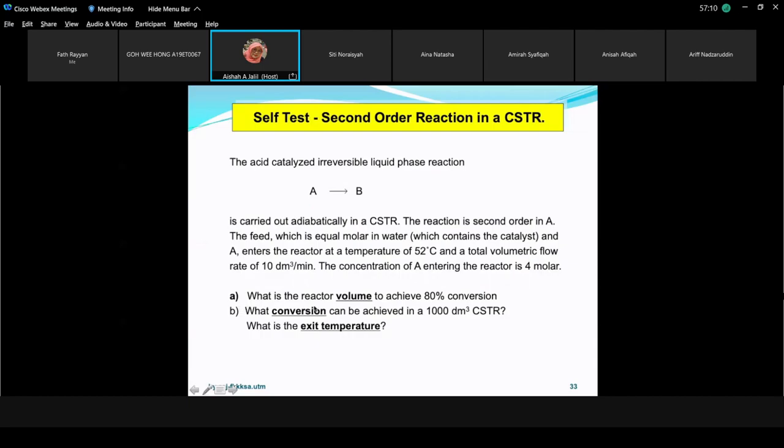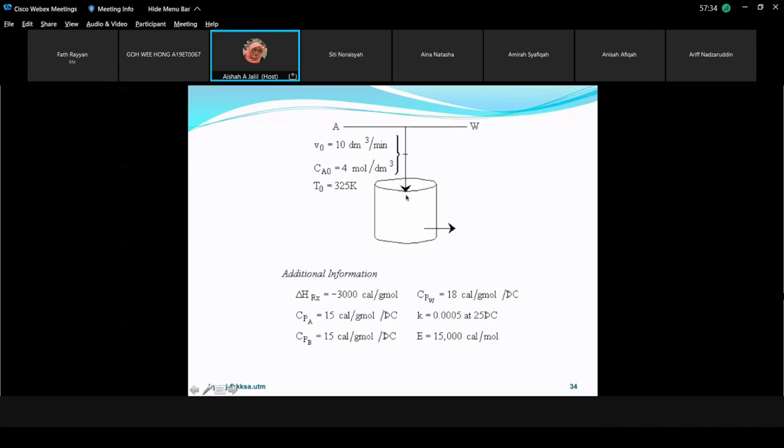So the question is, what is the reactor volume to achieve X equal 0.8, and what conversion can be achieved in V equal 1000 CSTR? And then what is the exit temperature? How to solve this question? So first one, you have to sketch the system, and then you can see what they want. Okay, this is A plus water. You can see this is all given. Okay,